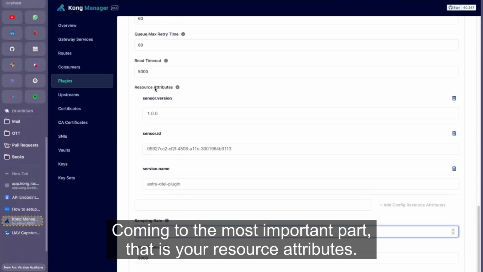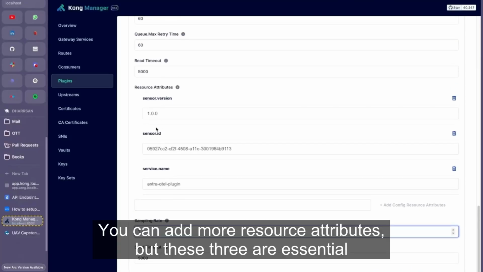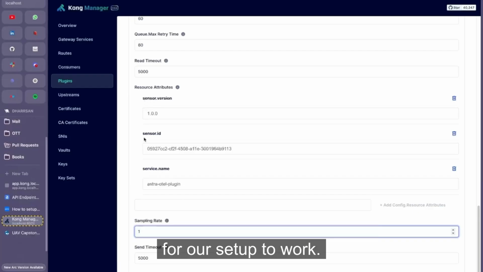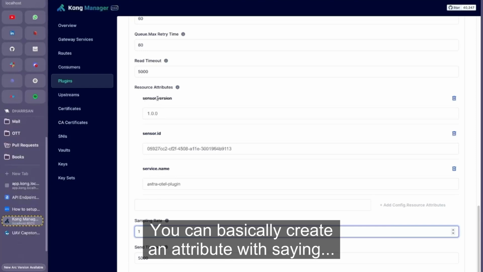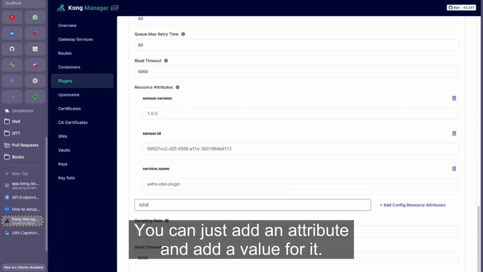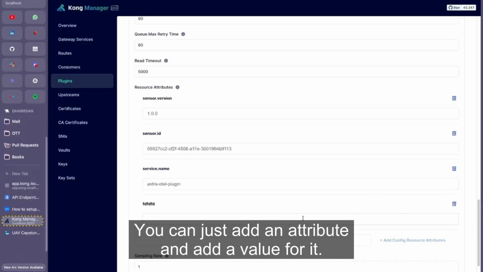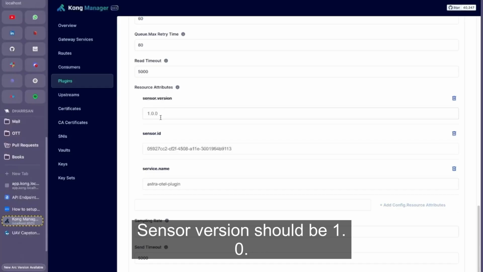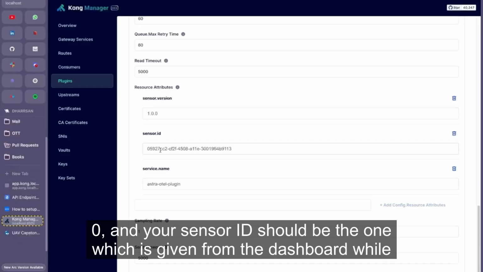And coming to the most important part, that is your resource attributes. You can add more resource attributes, but these three are essential for our setup to work. So the first is the sensor version. You can just add an attribute and add a value for it, right? So sensor version should be 1.0.0 and your sensor ID should be the one which is given from the